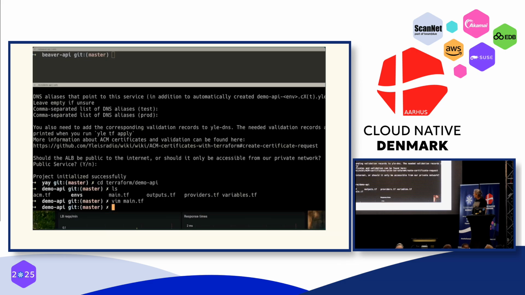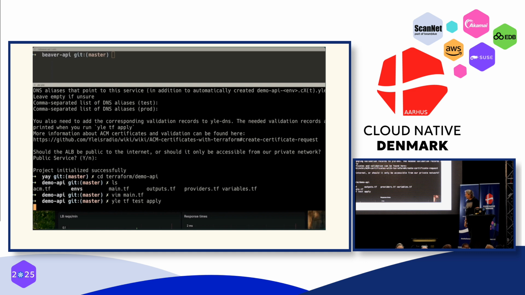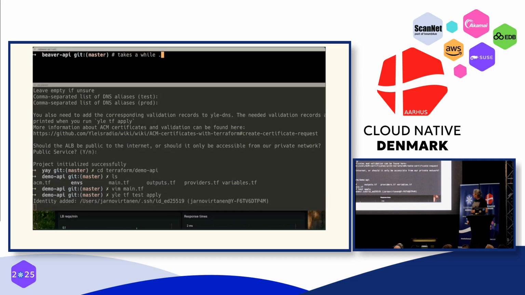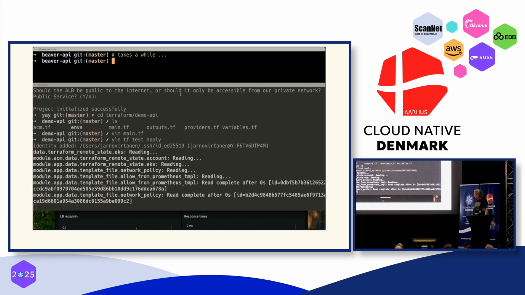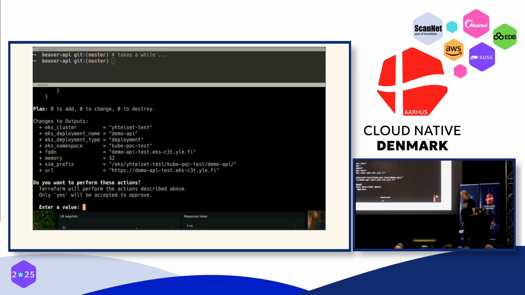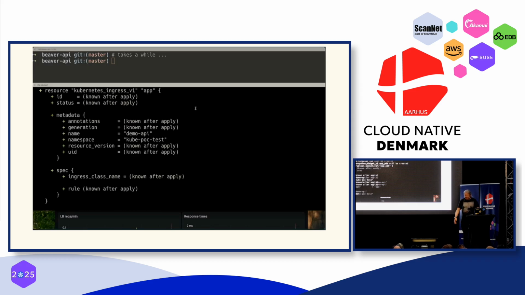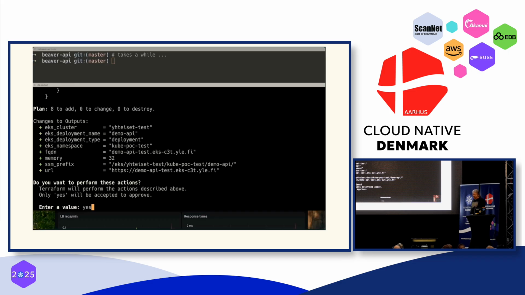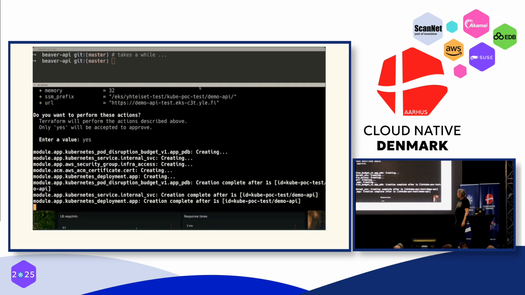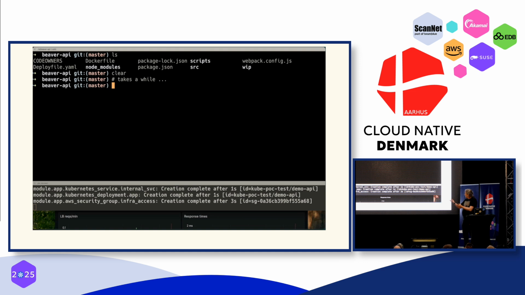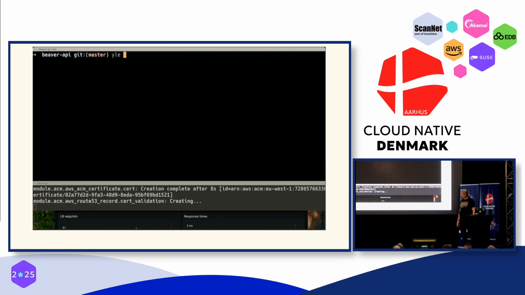Once we've done this, we can issue the yle terraform test apply, which takes a while because it runs inside a Docker container and does all sorts of things. It's like our version of Terragrunt. But once it has done its thing, then it generates a typical Terraform plan, and you can see it creates all sorts of Kubernetes resources. And we say yes, and it starts generating those,